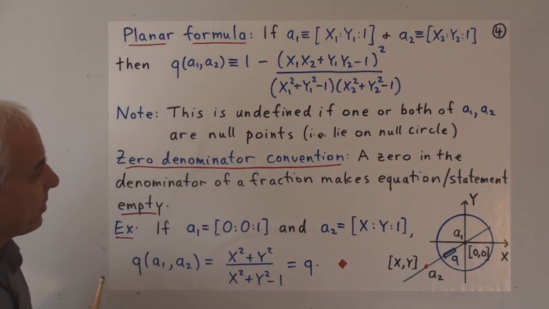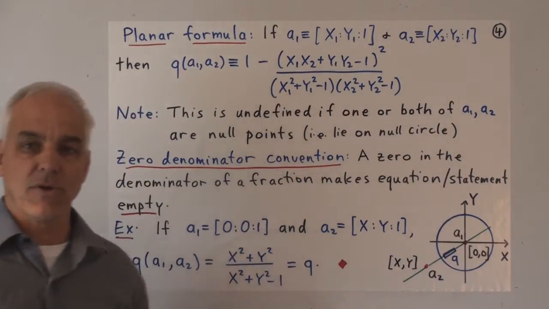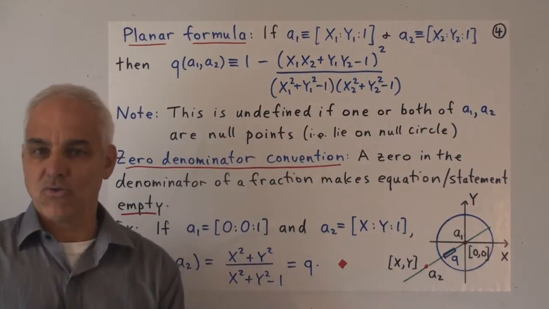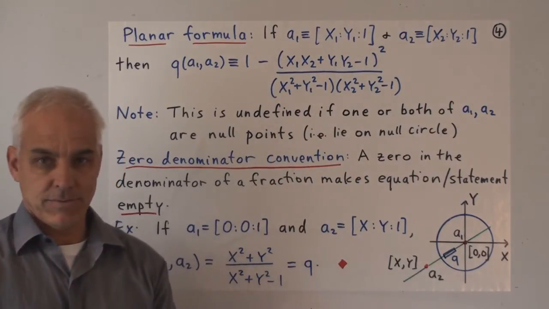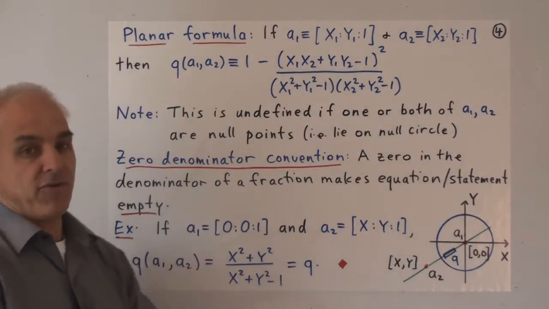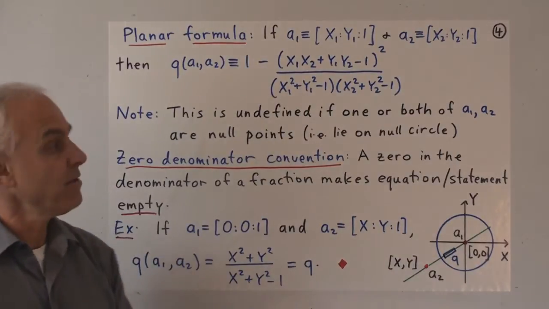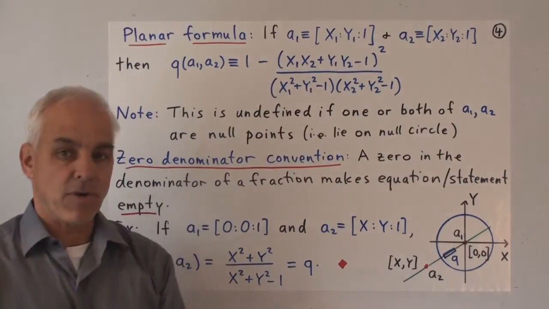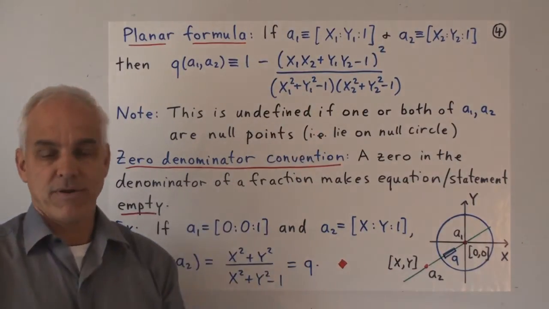And now it becomes kind of clear that there's something happening when our point lies on the unit circle. So we can see geometrically that the unit circle is playing a special role here, because that's where this denominator is 0. The quadrants is not always defined. If the point is a so-called null point, in other words, if the x-coordinate squared plus the y-coordinate squared minus the z-coordinate squared is 0, then the quadrants involving that point is